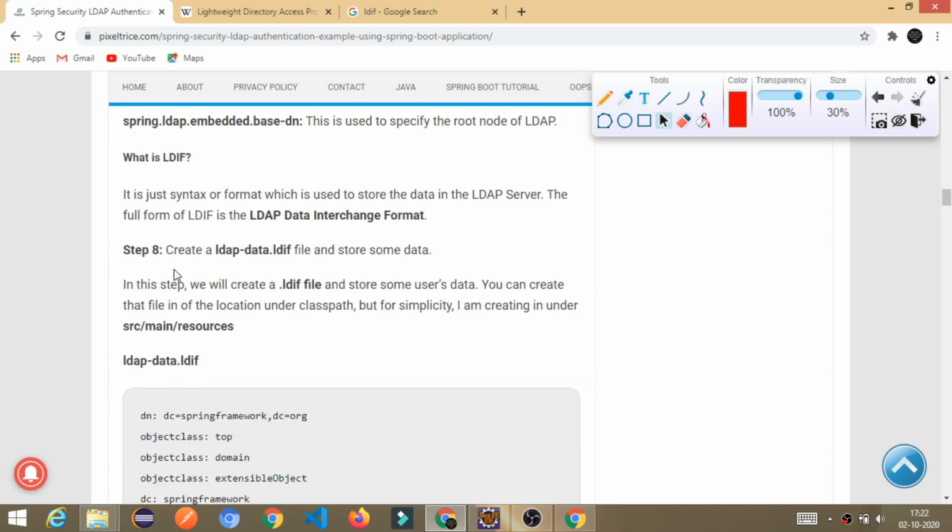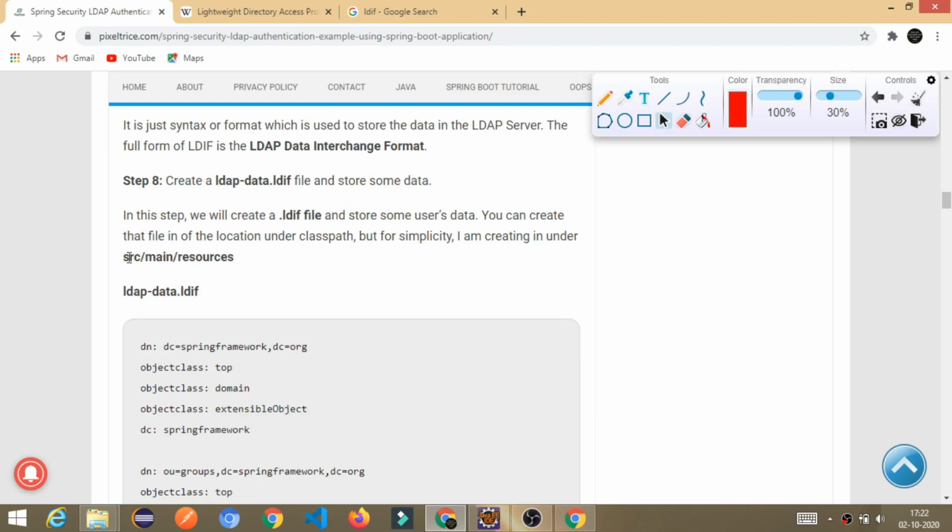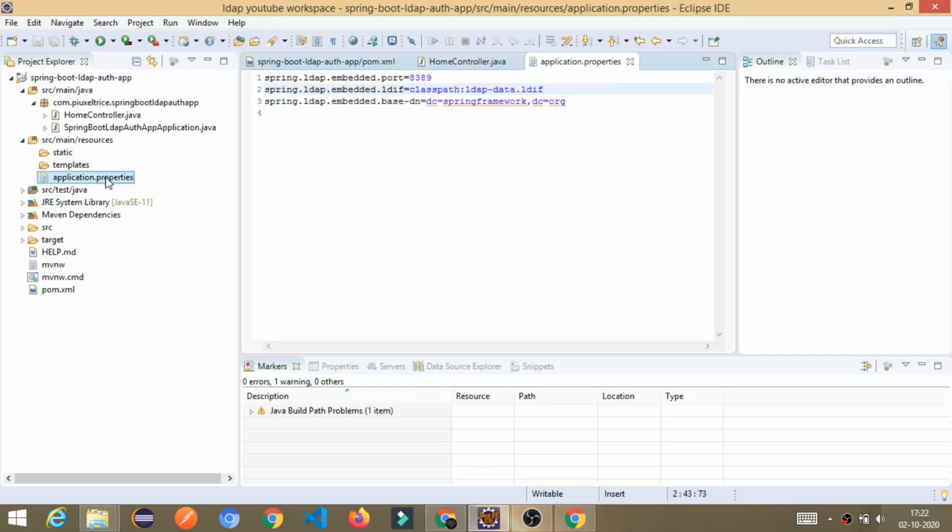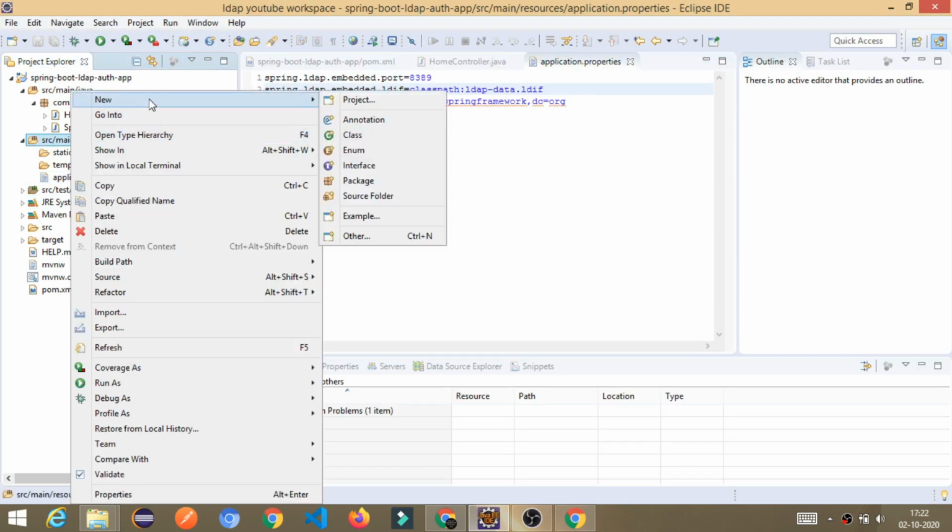Now move to step number 8. We need to create that file and store some data in it. I'm using the src/main/resources path for creating the file. You can use any location if you want, but it must be in the classpath.